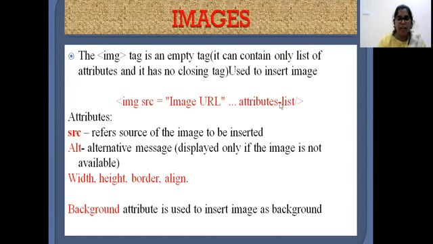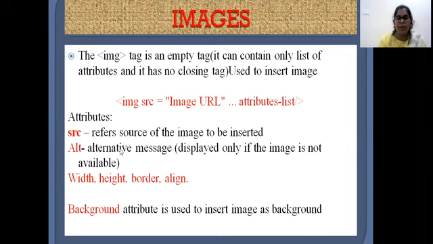Simply it is going to have a few attributes like SRC, ALT, width, height, border and align. And let us see one by one. The first one is the SRC attribute. Without the SRC attribute, the img tag will be of no use. This SRC indicates the source of the image. Whenever we are developing a web page, there is a possibility that we can use more than one image. And there is a possibility that all those images may not be in the same place, right? So the image location, where the particular image is located, that complete path will be mentioned here as an attribute value.